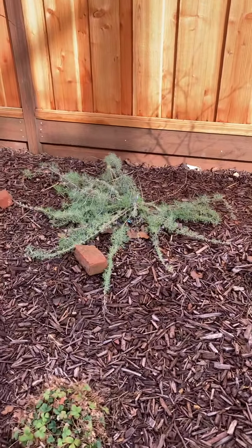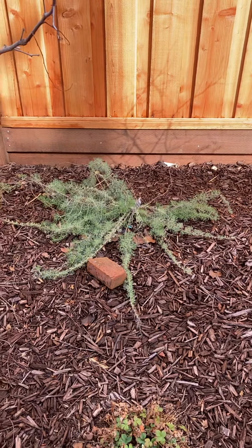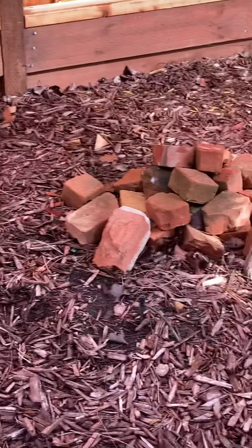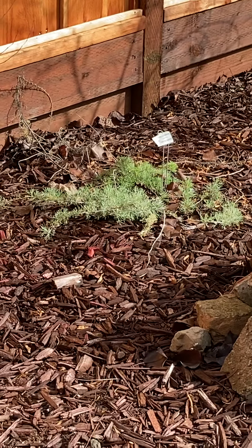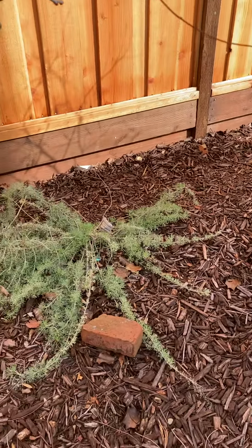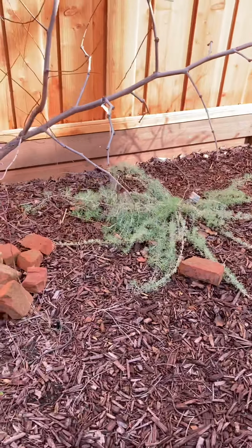That's the Canyon Gray sagebrush that did not get quite as trampled upon. So that one didn't get trampled upon, and that's kind of what the other one looked like before it got trampled upon. You can see it survived and is thriving. That one got trampled upon, died back, and is starting to re-sprout. So if you want something that will re-sprout, you can see it did get trampled on a little bit. Its sign is all wonky, but